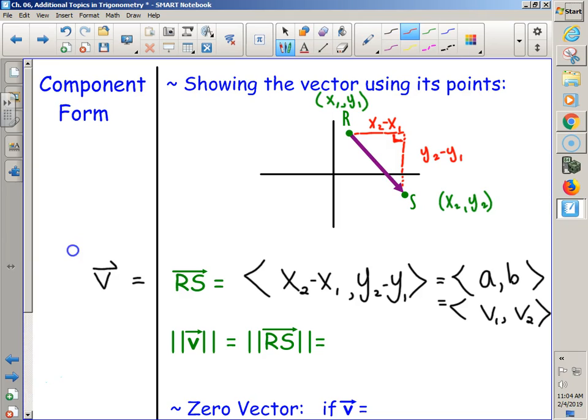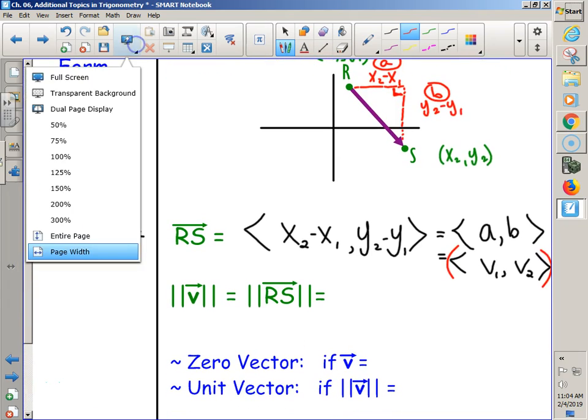But when they say V1, V2, what they're really meaning is this horizontal change, which I'm going to call an A, and this vertical change, which I'm going to call a B. It's really just lengths. It's not a big deal. It's how far over and how far up or down. And so once we see that, we can write vectors like that with these little side carets,